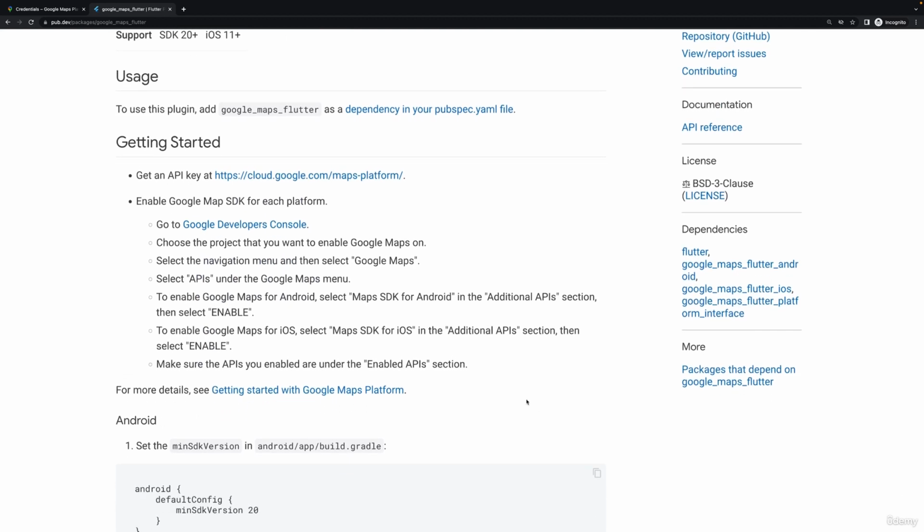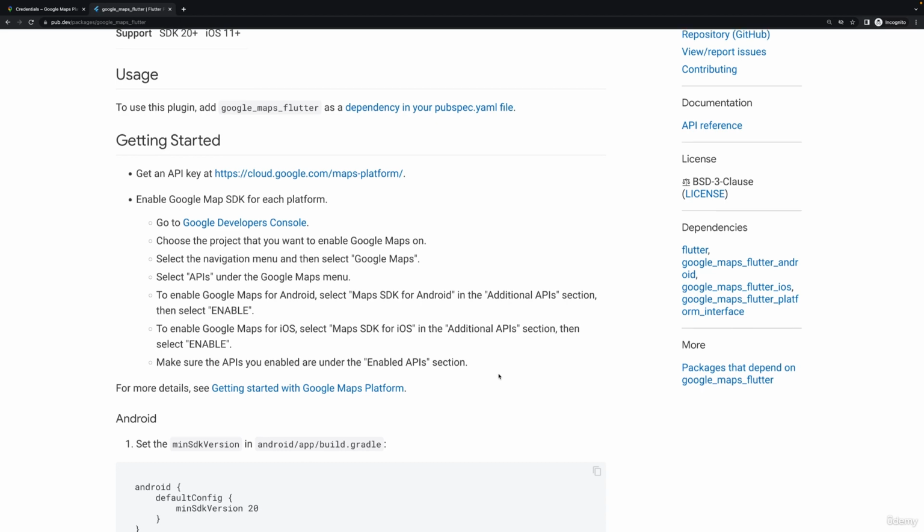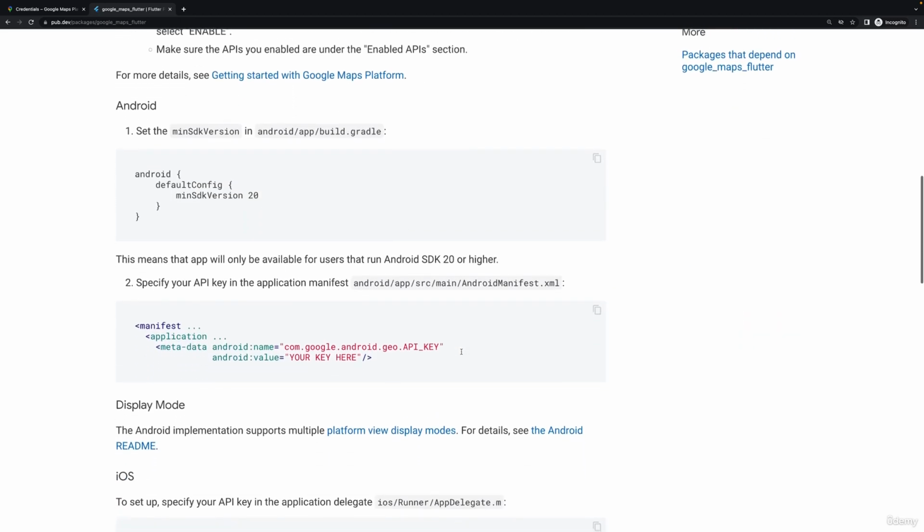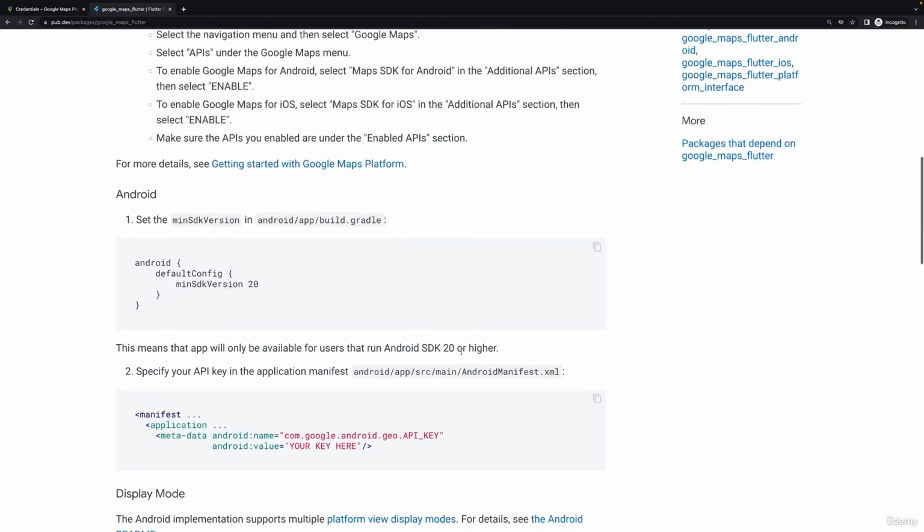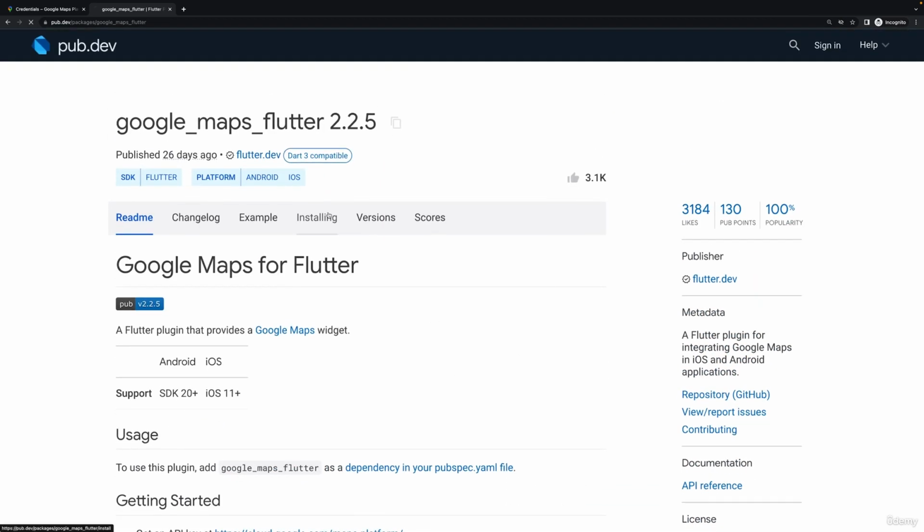For example, here it also tells you that you need such a Google Maps project in the end, such an account, and that the Maps SDK for Android and the Maps SDK for iOS should be enabled. You also need such an API key, but of course we got all these things already because we already worked with Google Maps before in the previous lectures. We'll also have to go through some additional setup steps though, but we'll do that after actually installing the package,